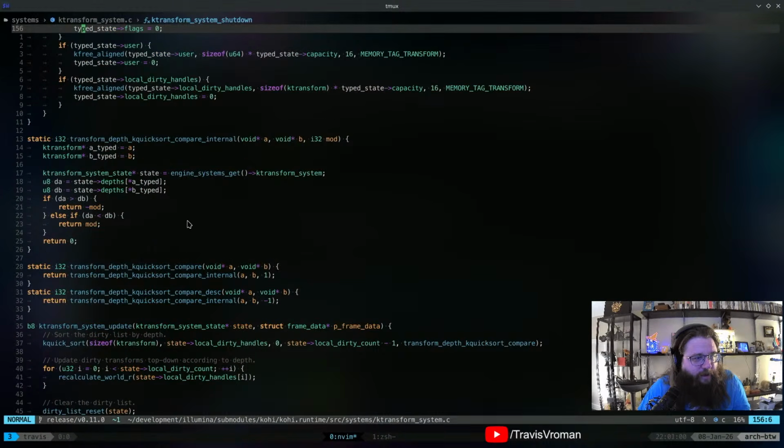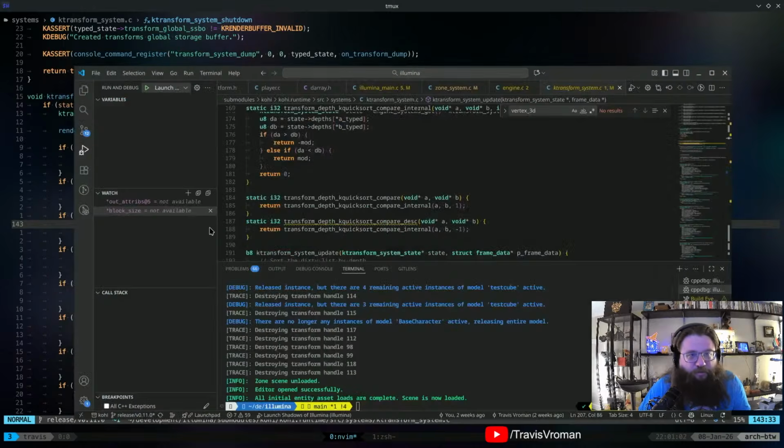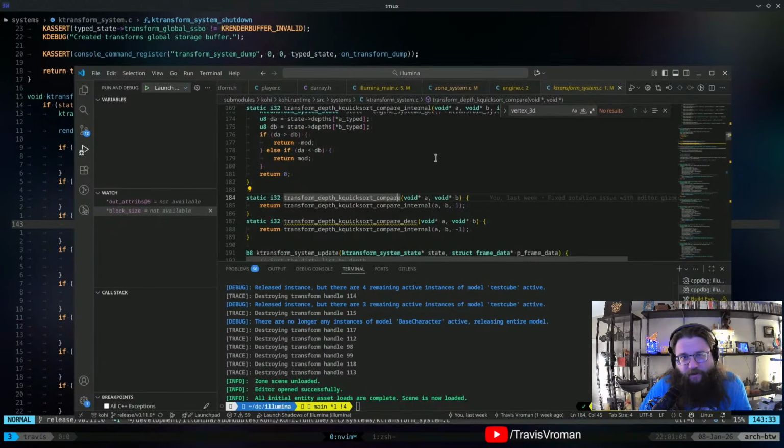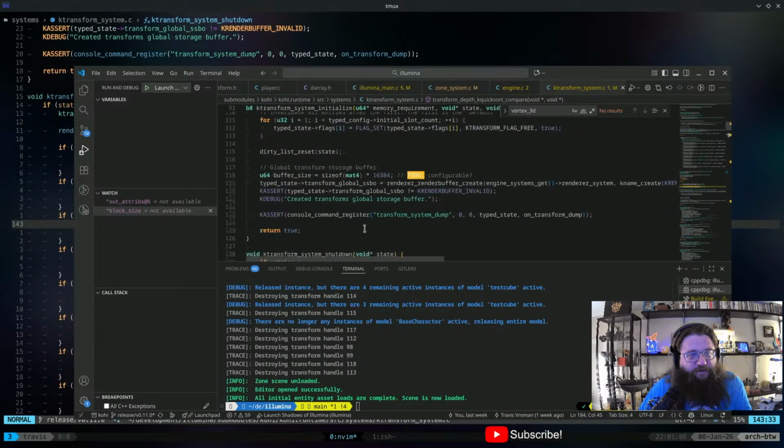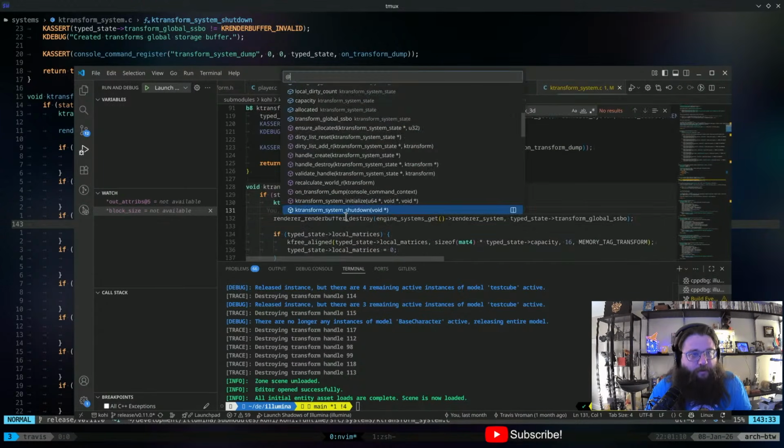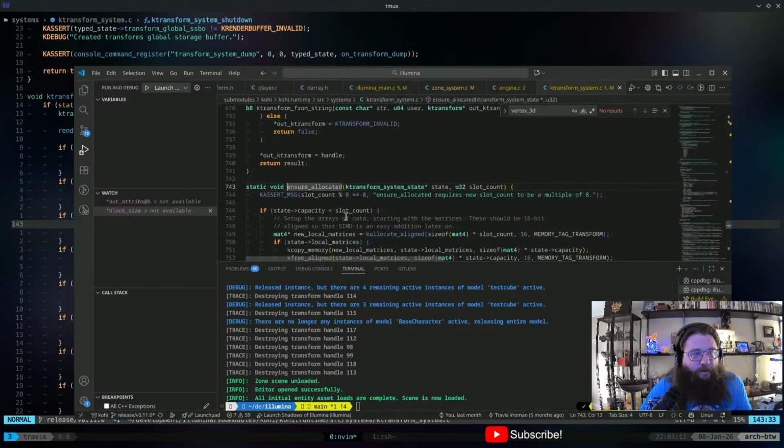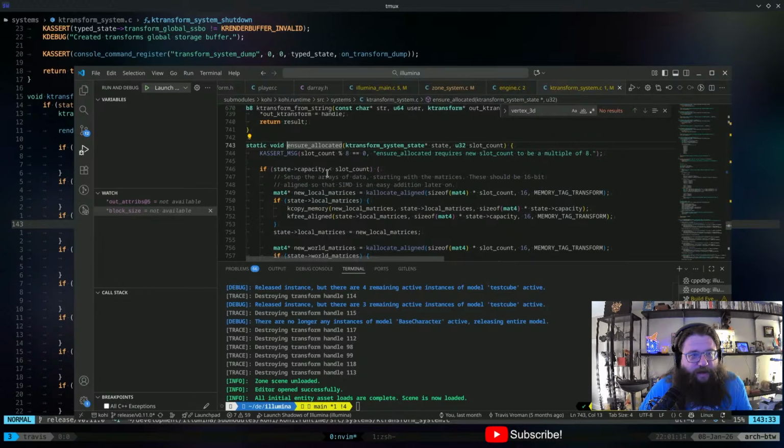So I'm going to guess, let's actually put a breakpoint on ensure allocated, because I have a feeling that there's something foobar going on with that. Right, so we'll just go ahead and put that here.